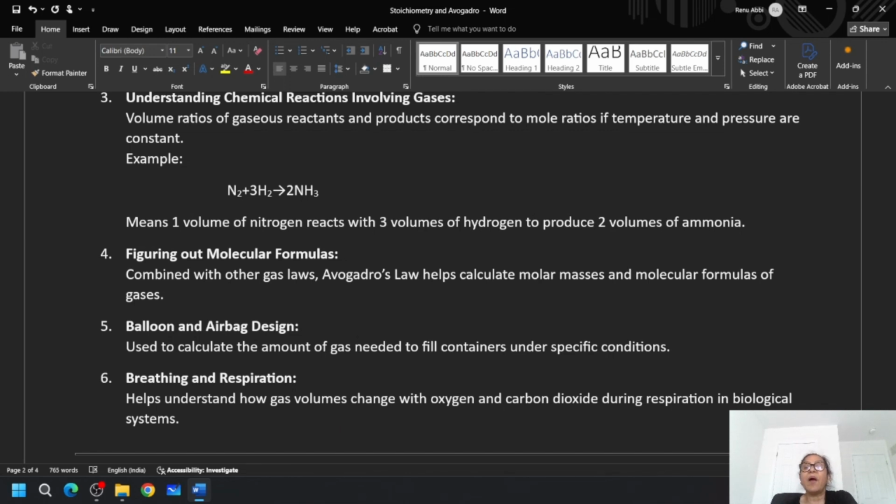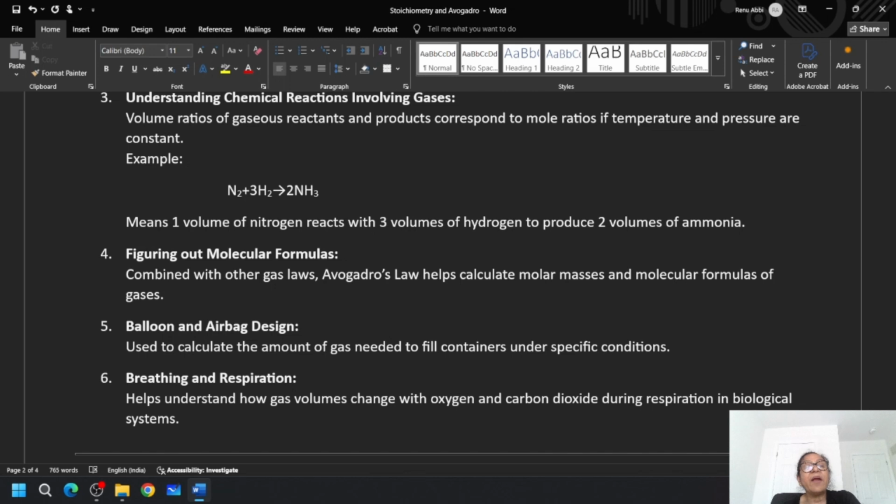For example, molar masses. If I take the mass of an element, it is called the atomic mass. If I take the mass of a compound, it is called the molecular mass. So for example, ammonia: nitrogen has the atomic mass 14 and hydrogen has the atomic mass 1. So nitrogen 1 atom, 14, plus hydrogen 3 atoms, 14 plus 3, that is 17. In this way the molecular formula and molecular mass, or molar mass, can be calculated.